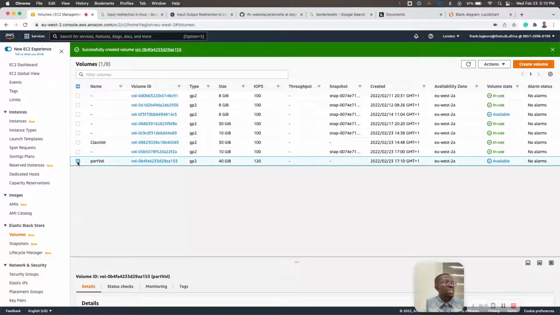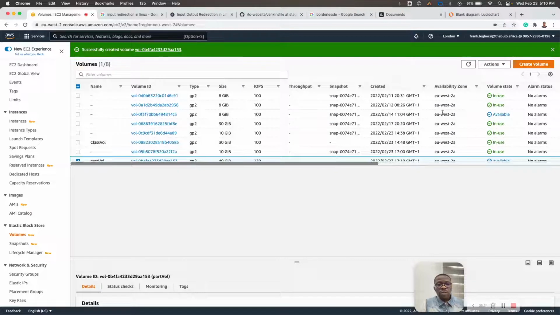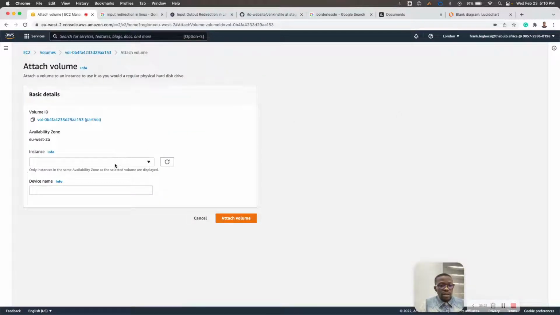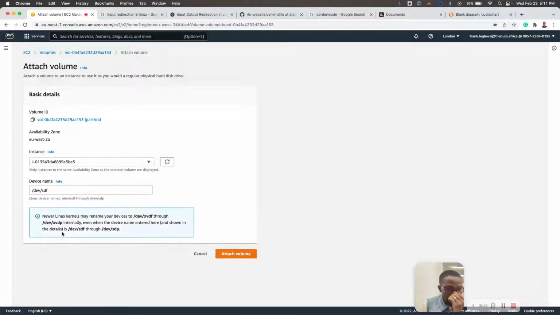Mind you, you have to shut down the instance. The volume is available to be used. So I'll attach the volume to my EC2 instance. I'll click on attach volume. I'll search for my EC2 instance. My EC2 instance is partition demo. Then the device name,